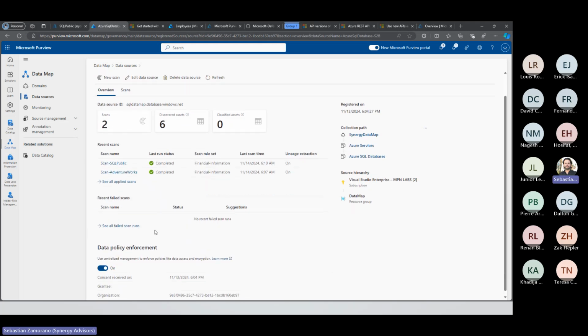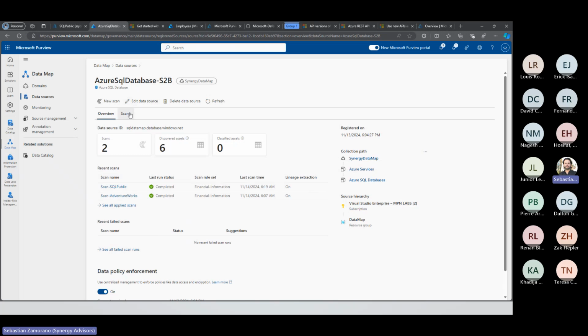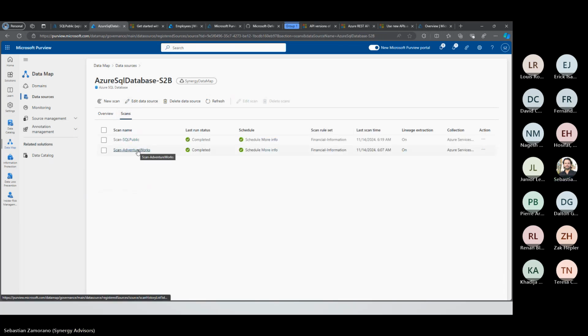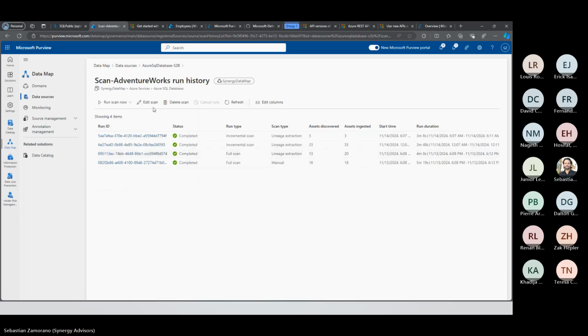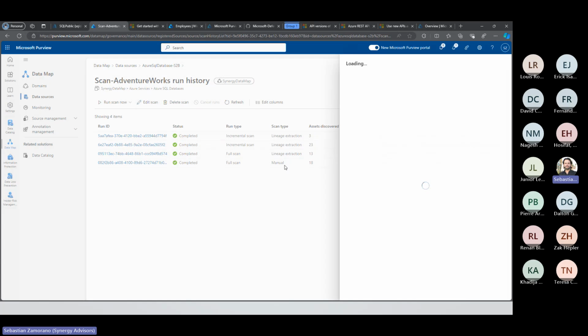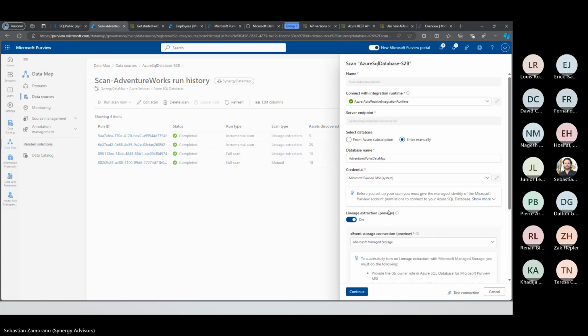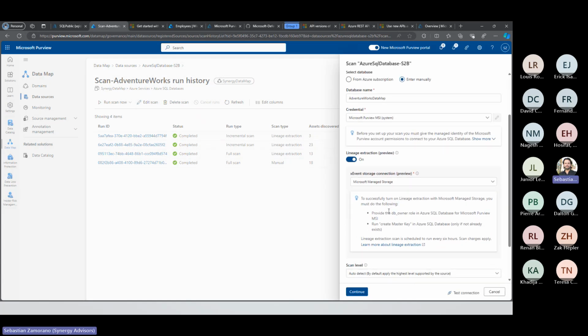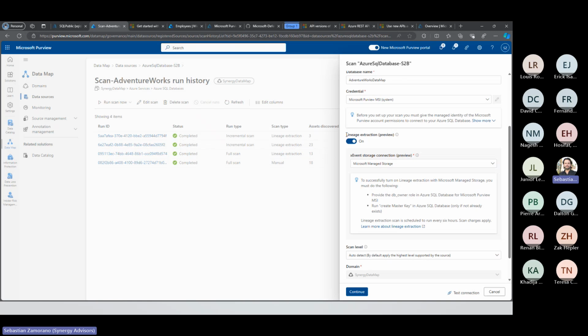We were talking about data policy enforcement, but when we set the scans, I will edit the scan. In the previous section, we were not setting this one, but to set this option, this is in preview, for that reason we skipped it as well, but this permits to identify